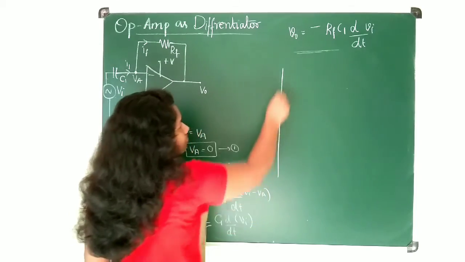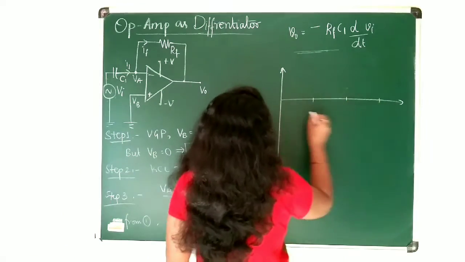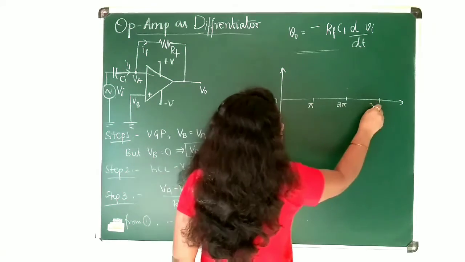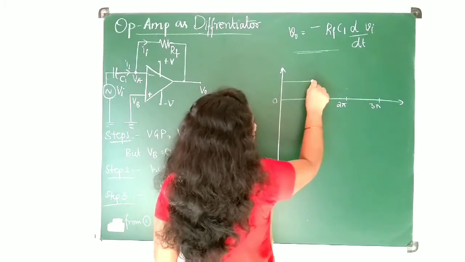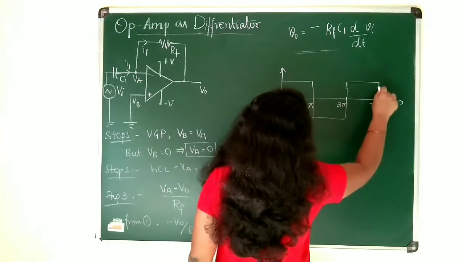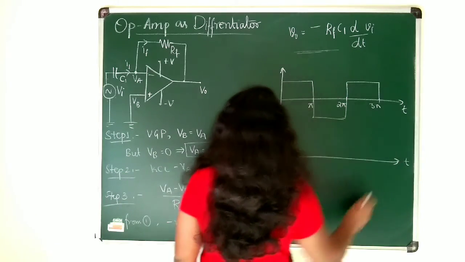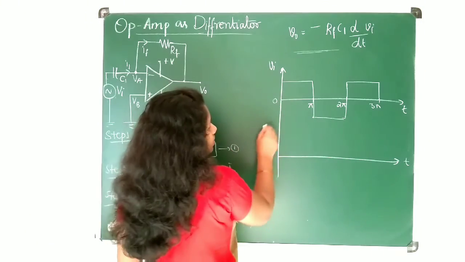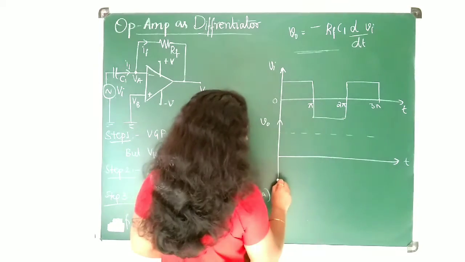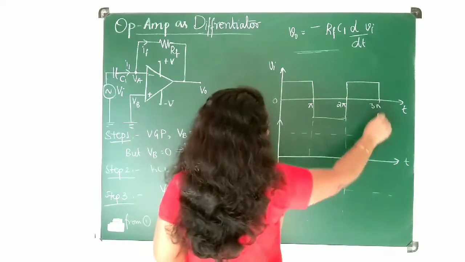Let's write that. Let me take a square wave here. See here, this is 0, this is pi, 2 pi and 3 pi. Okay, it will be like this. For example, I have taken it with some amplitude like this. So what will we be getting at the output? This is with respect to time. VI is written here, and V0. The same amplitude I have taken here. Okay, and how does the output look?